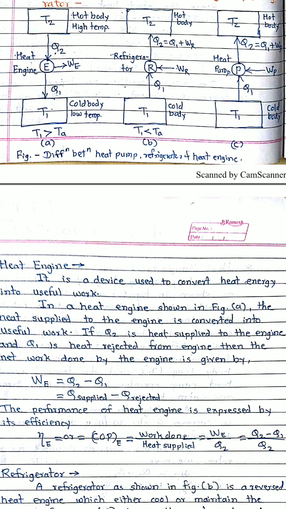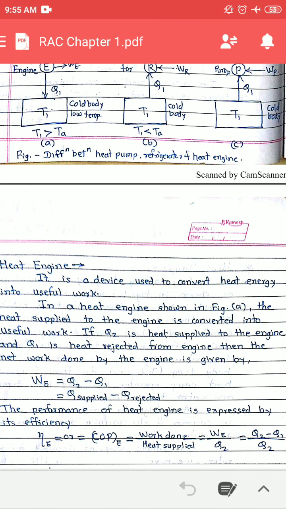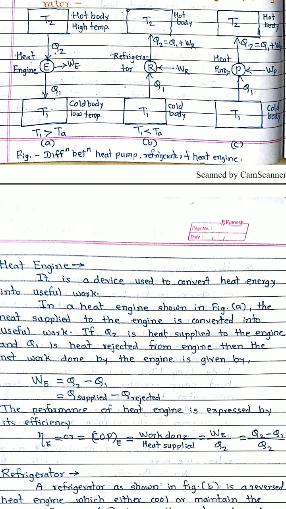Heat is flowing from the cooling chamber, which is the inside space of the refrigerator, to the surrounding. So heat Q1 is the heat supplied to the refrigerator. At that time, the refrigerator will take the help of electricity and transfer heat to the surrounding, which is at a higher temperature, that is T2. So this is the refrigerator, which is a work consuming device.